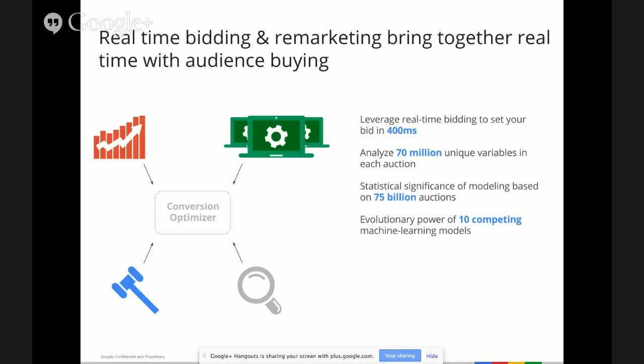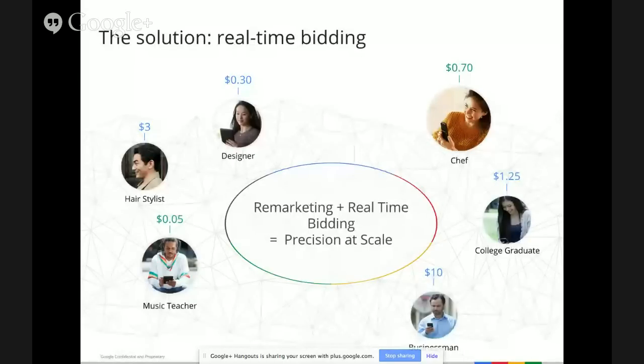Our prediction is really only as powerful as the sample data that we use to drive that prediction. With Conversion Optimizer, we're learning across billions of auctions on Google Search and the Google Display Network to ensure we're considering sufficient data to make our predictions accurate. Additionally, Conversion Optimizer is by no means a static bid model. We're constantly testing new signals and new models to get better at predicting conversions. The solution to managing your bids thus becomes automated bidding. You're bidding intelligently based on all the data available while simultaneously bidding efficiently and at scale.